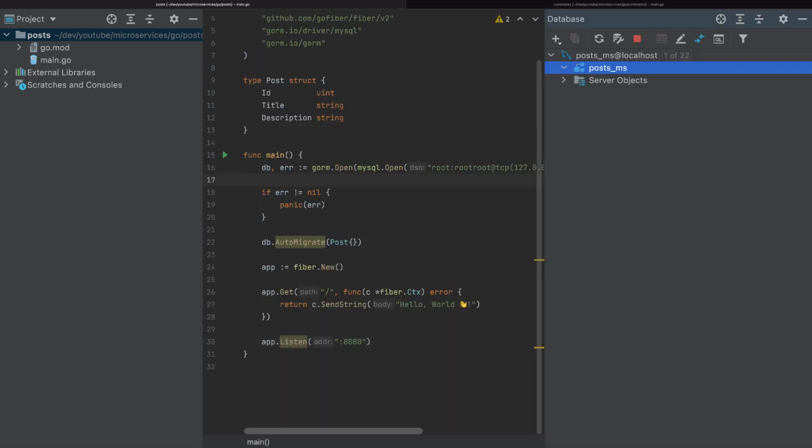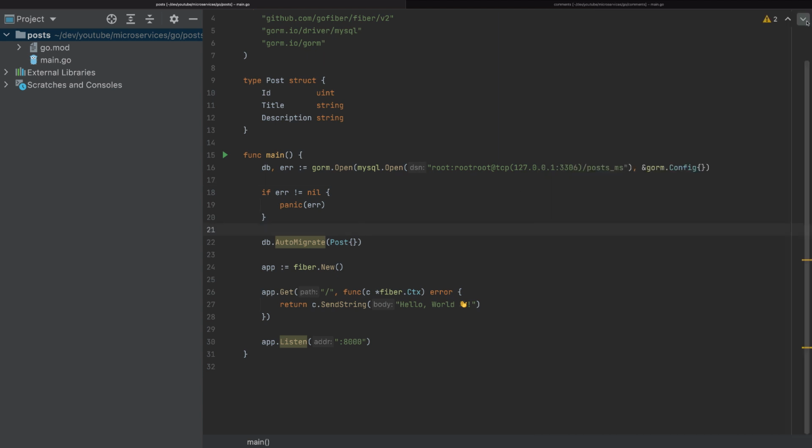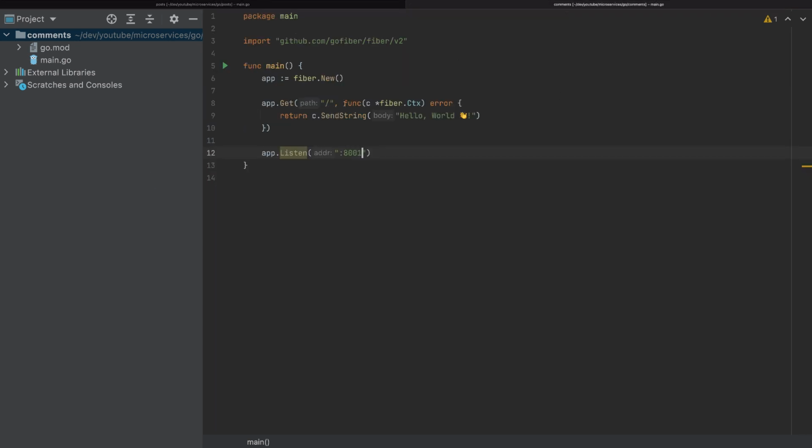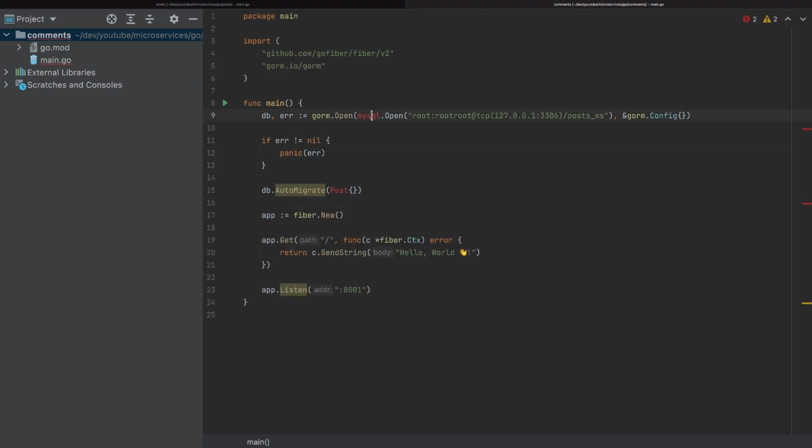And let's see the database. We can see we have a table posts here with an ID, title and description. So this is working fine. Let's do the same for the other microservice. I'll copy this code and I'll paste it here. So let's import also this,